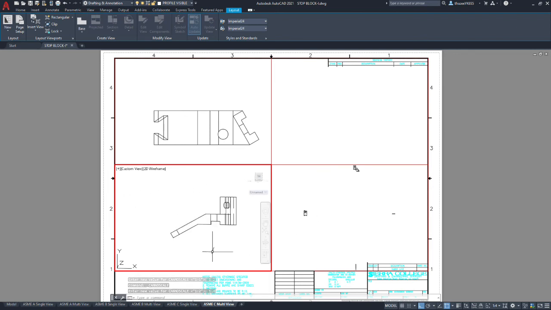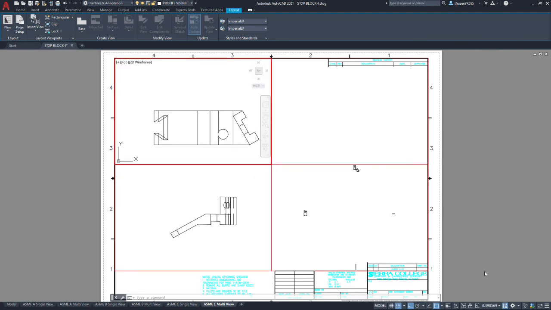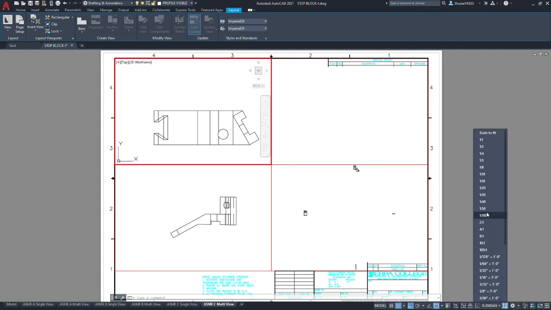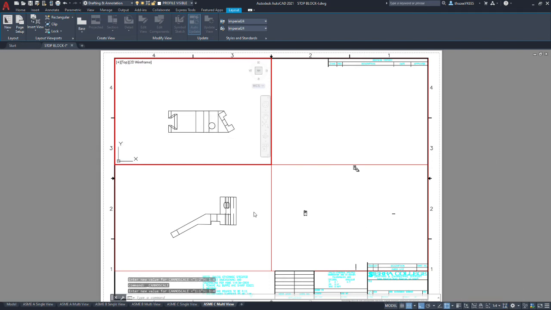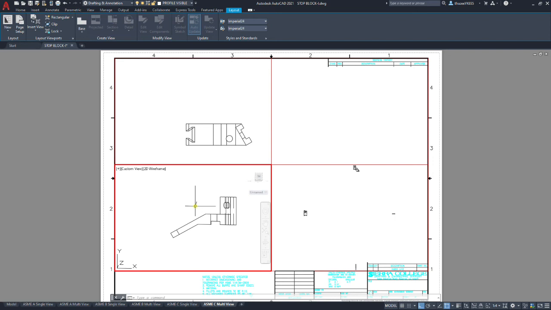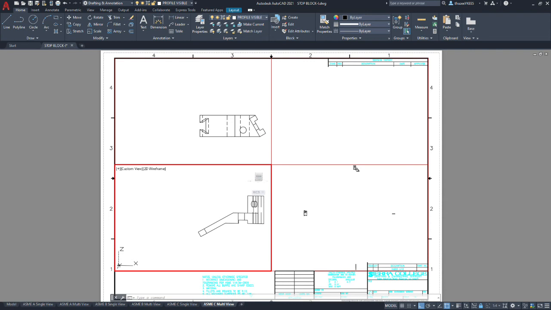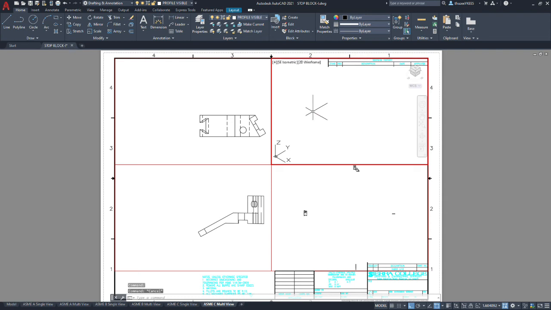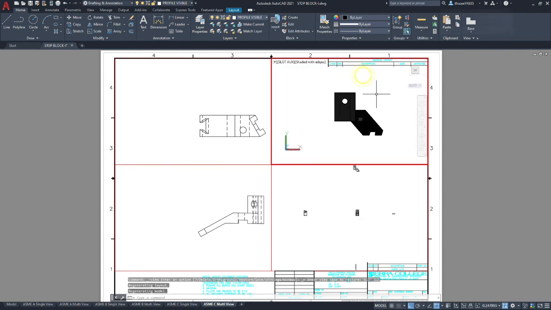That's smaller than what we had in the previous. So we're going to click our other viewport and we're going to change that to 1 to 4 as well. Okay, so I'm going to readjust these. I don't want them in the center of the viewport. Okay, I'm going to hold off on doing any exploding, and then we're going to try to get our other views positioned. Alright, so instead of having a southeast isometric, we're going to go to the custom view of the slot auxiliary in this view.